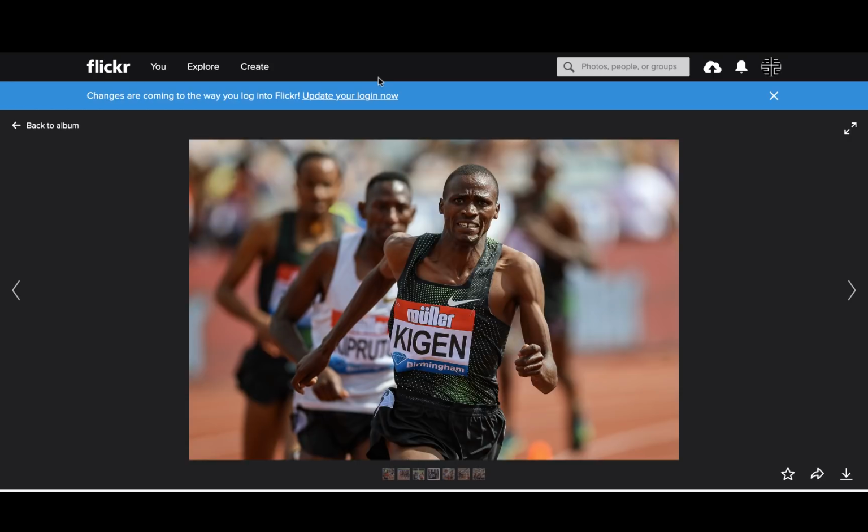Get the edges right, get the outside, get the details, figure out where things are cutting off. Is there an awkward cutoff like the picture before where you could still see the bib number, or is there an awkward cutoff here where you have just empty space that's not really helping you? Start there and then figure out, okay, how can I arrange these things in the frame now that I have the edges right? And if you have a chance, like, an 800, you're going to get 2 chances,